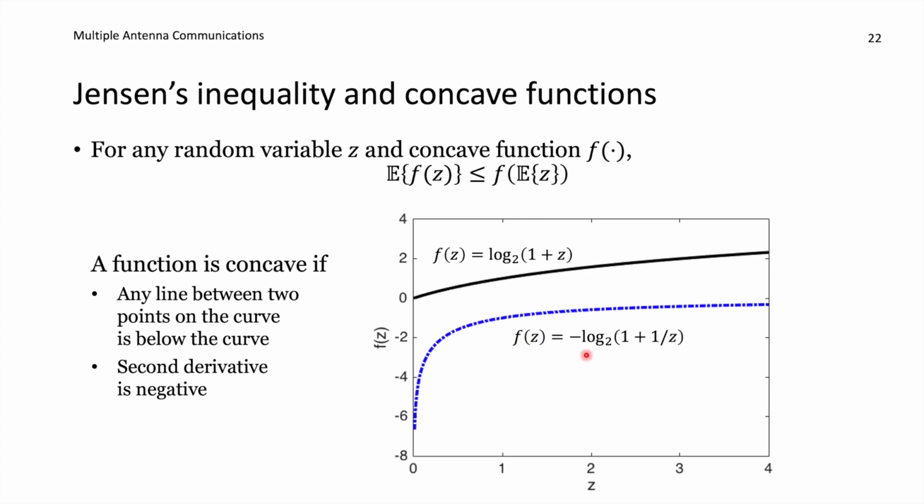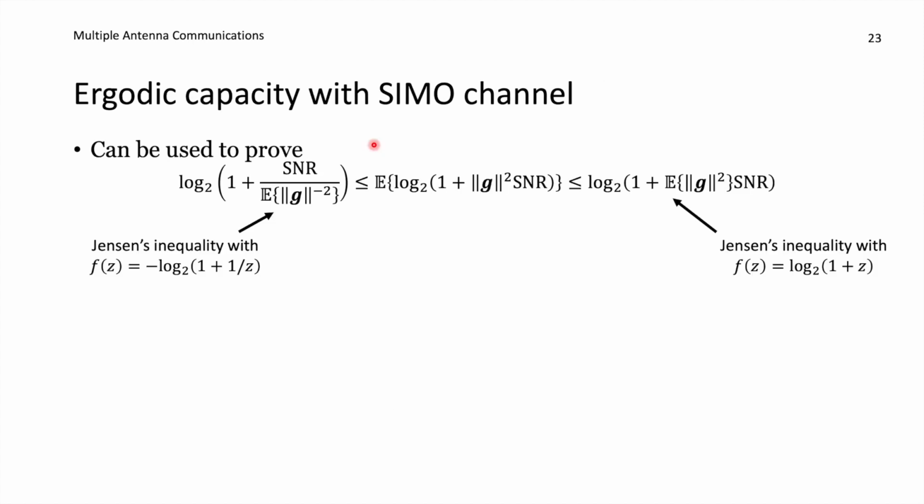And if we take this function, minus log 2 of 1 plus 1 over z, it has this shape, and this is also a concave function. And one way of verifying that something is a concave function is to compute its second derivative and check that it's always negative. When considering the ergodic capacity of a SIMO channel, we would like to compute the expected value